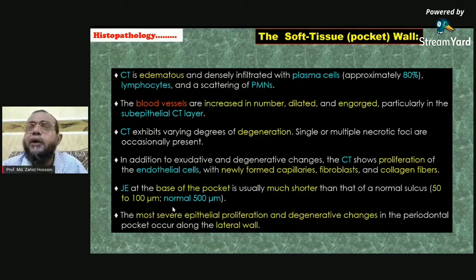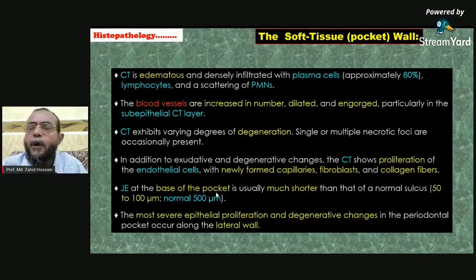So you will find for the periodontitis case, in a long-standing case, if you touch the periodontal pocket, you will find a little fibrotic surface. It is not like normal. You can just make the difference. You can touch a normal gingival tissue and you can touch a periodontitis tissue. You'll find the difference. The periodontitis tissue is a little rubbery, not like the simple resiliency you get when you touch the normal gingival tissue.